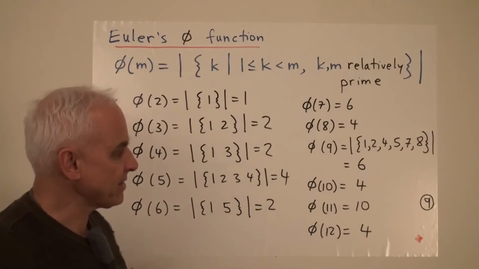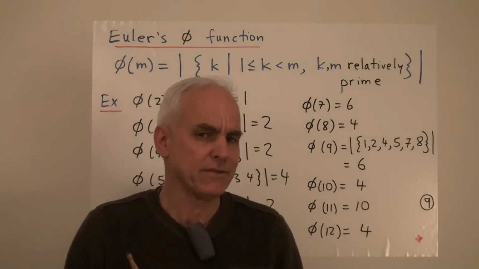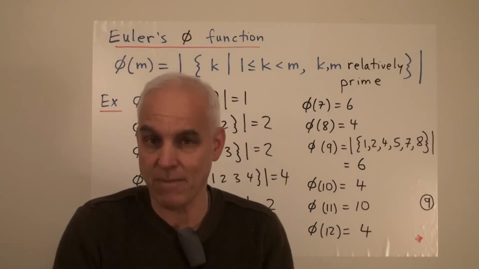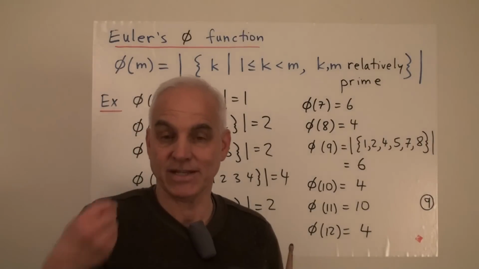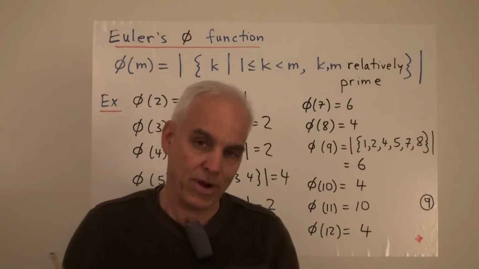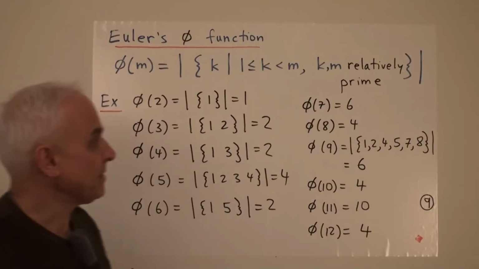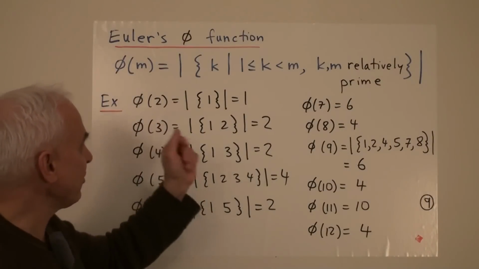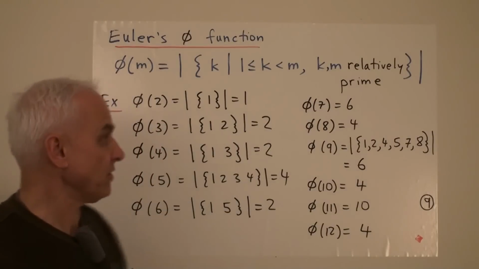But I want to ask a very natural sort of extension question. What happens if we consider the same story but the modulus is not a prime number? Fermat's theorem tells us what happens if our modulus is a prime number p. But what happens more generally? Well, the great Swiss mathematician Leonhard Euler figured that out. And the statement's a little bit more complicated than Fermat's theorem. It involves an auxiliary function called Euler's phi function, sometimes also called a totient function.